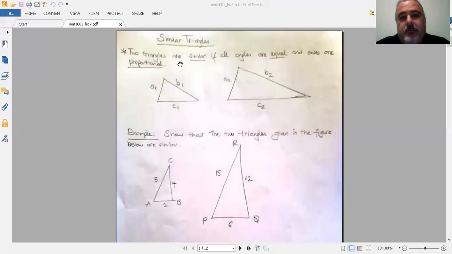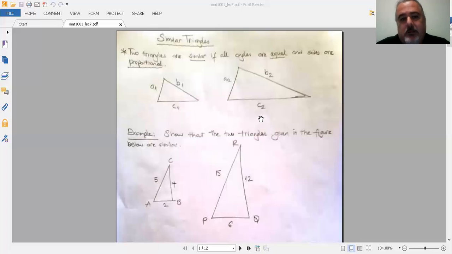So if all the angles are equal and the sides are proportional, we can say that two triangles are similar. For example, here, as you see, A1 and A2, B1 and B2, C1 and C2